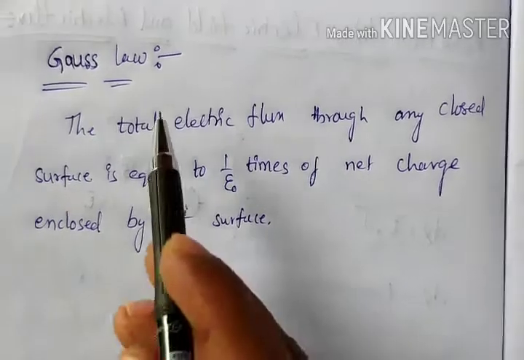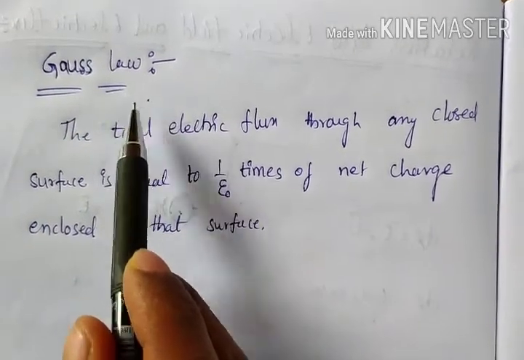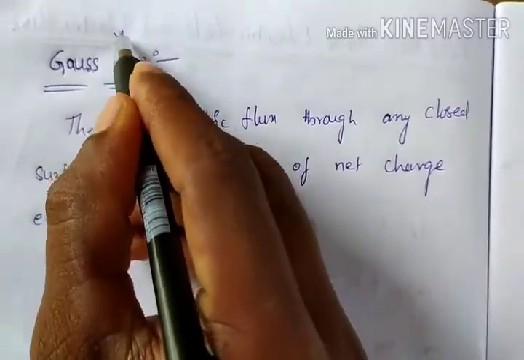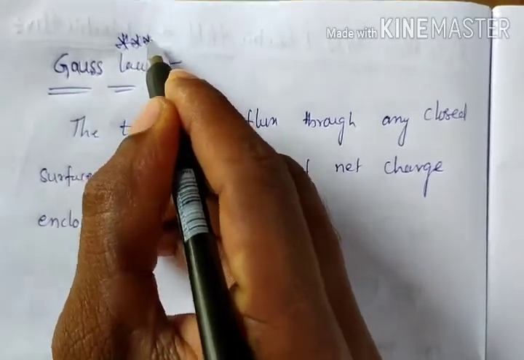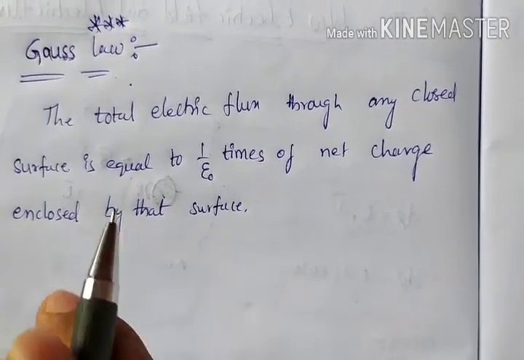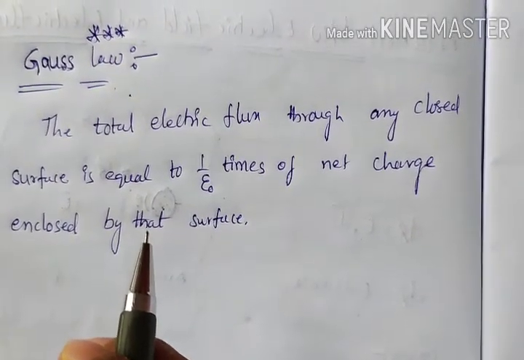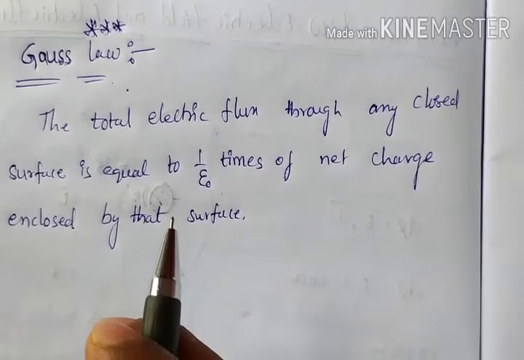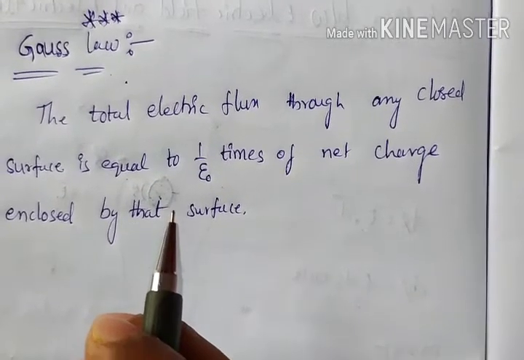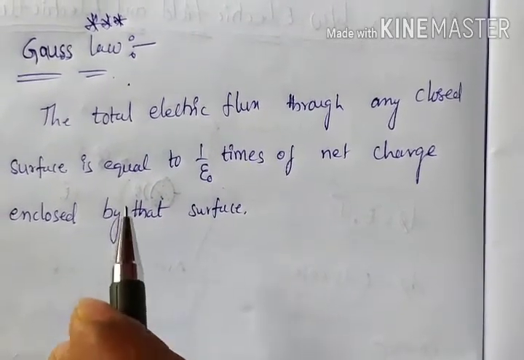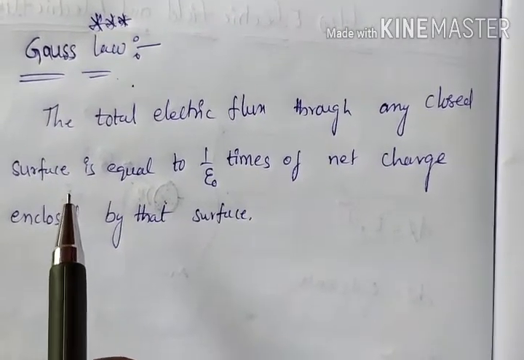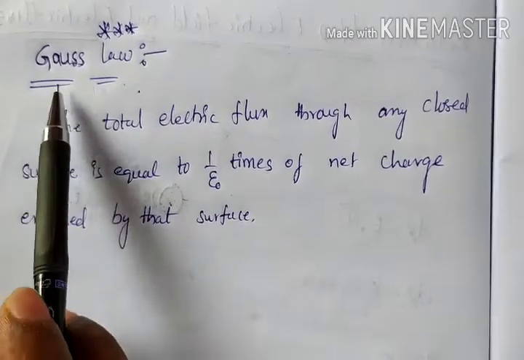Today our topic is Gauss law. This is the continuation of electric flux. Gauss law is a very important topic for competitive exams as well as IPA also. It gives good clarity about the electric field, how it is developing, and how much flux is developing in the case of symmetric bodies and unsymmetric bodies, whatever body you are taking, and how the electric field is traveling in enclosed surfaces. Okay, so now I'm going to explain Gauss law.